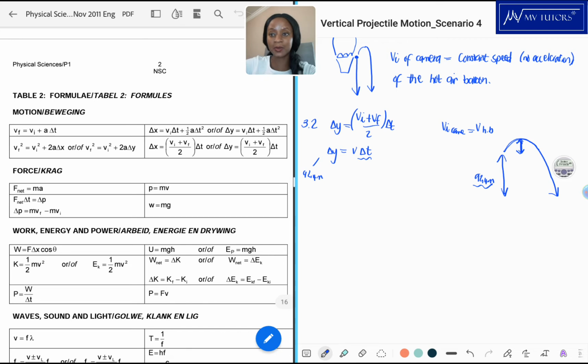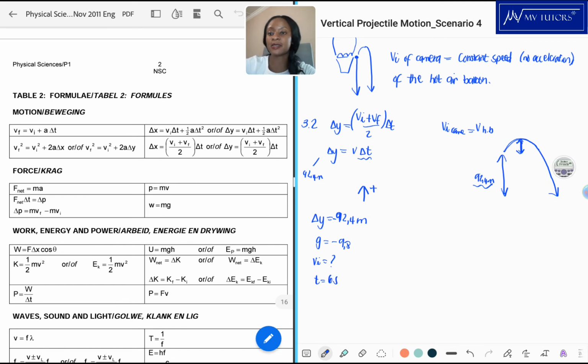Ooh, my handwriting looks terrible today. But we are going to use, because we know that our delta y is 92,4 meters. Wait, first we need to decide, are we taking up as positive or down as positive? I like taking down as positive, so let me try taking up as positive this time. Okay, so this is positive. So then my 92,4 will be negative in this case, my g will be negative 9,8. What do I have as well? I'm looking for the initial velocity, and I know that the time it takes for it to reach the ground,